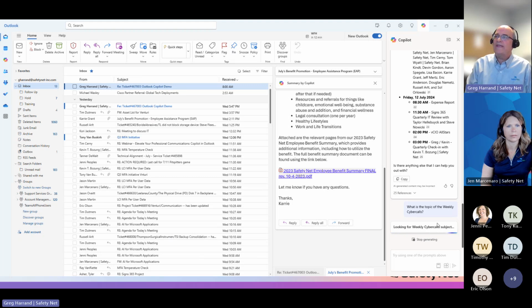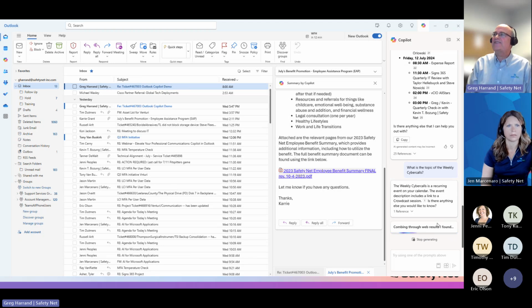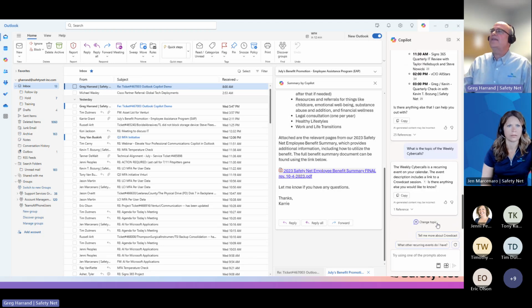What it's also doing is going through all of my Office 365 environment. So that's SharePoint, email, Word documents, Excel documents. It's finding things related to the weekly cyber calls. So it's telling me it's a reoccurring event. The description is it's a crowdcast session.